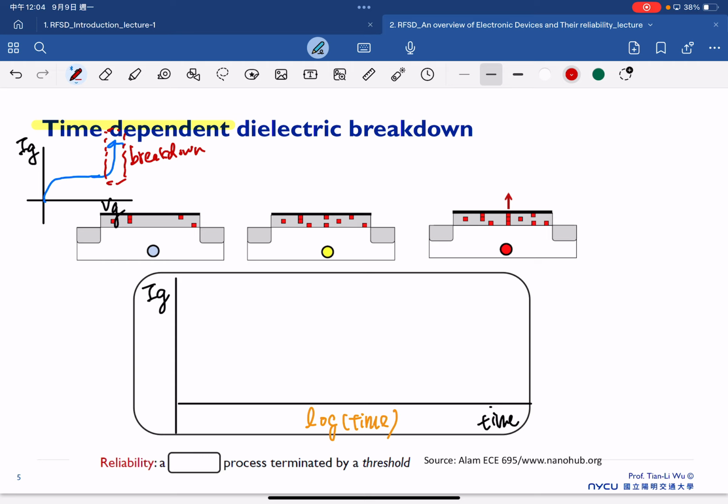But when we look at the time-dependent dielectric breakdown, actually we consider the case where we bias in this region. So if we constantly bias in this region, what happened? We bias at the VG, and of course we'll start to sense the leakage current here. And with a certain time happen,